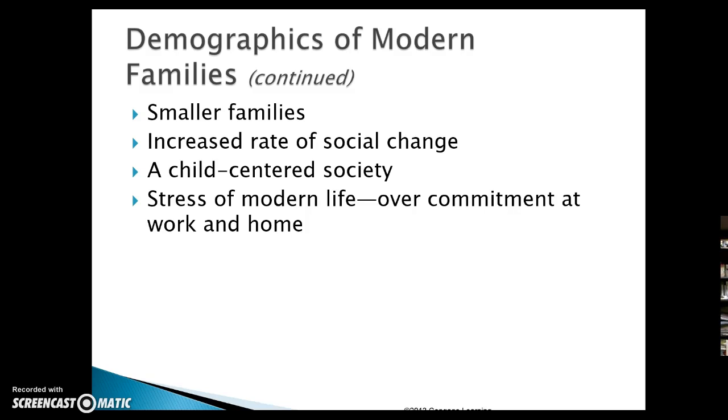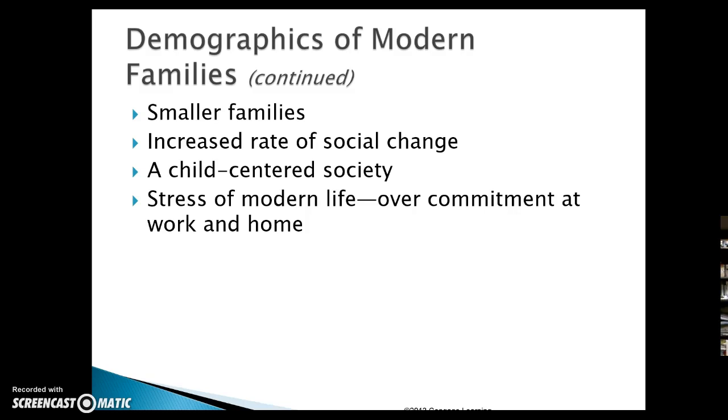Social change. You'll read in your book about how just family life in general has changed socially. Families are very busy. They do a lot of different things than they did in the past. We also have noticed that we've moved to a more child-centered society, where families revolve their whole life around what their children do. On this night, we do this, and on Tuesday night, we do this. With our children, it's much more of a child focus than an adult focused society in the past.